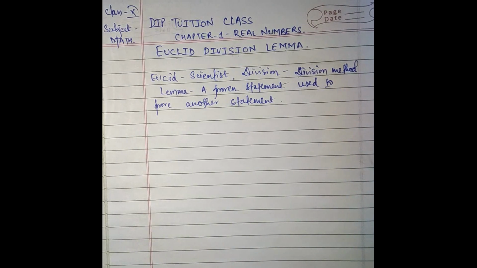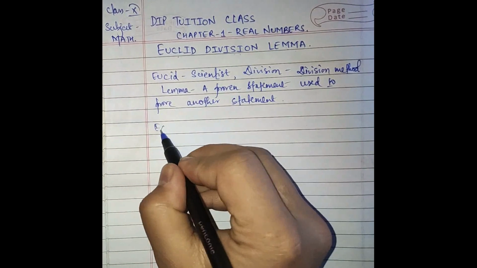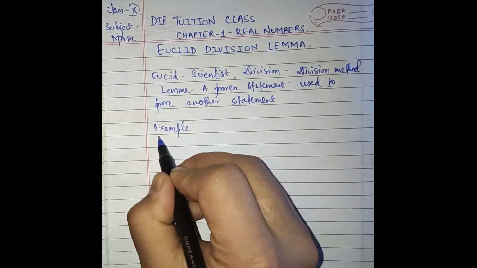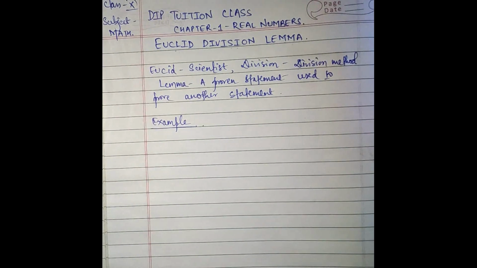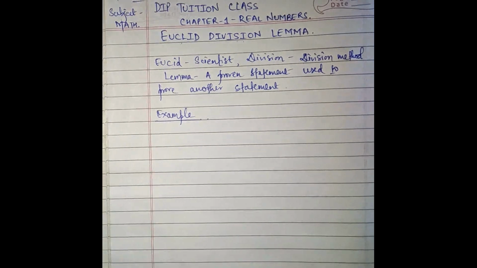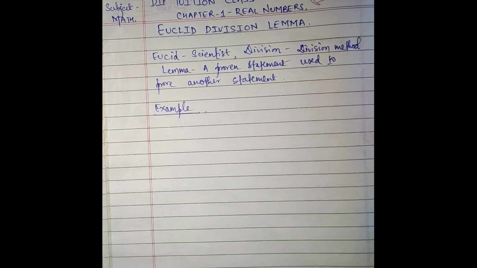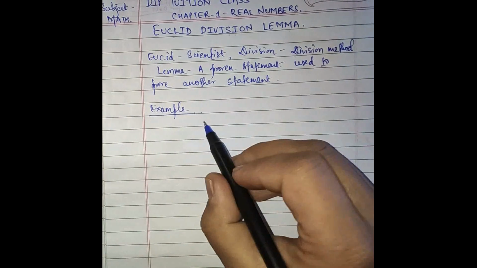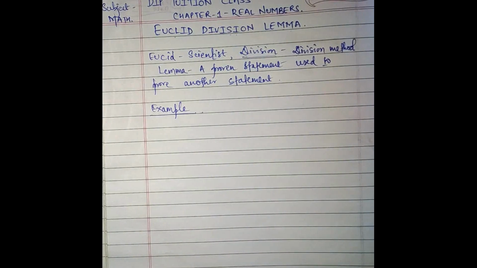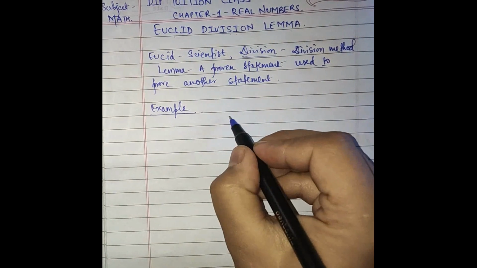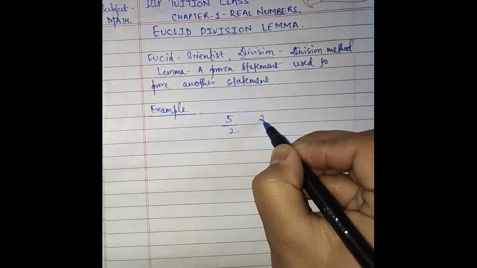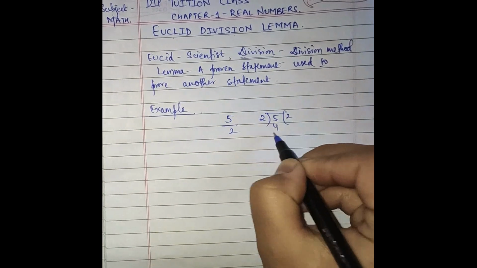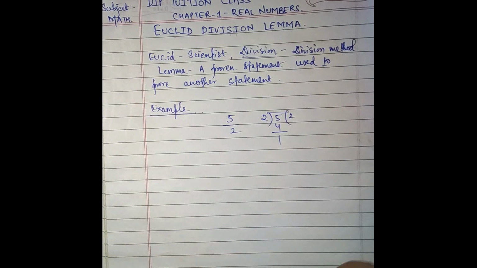So with this we will try to solve the example. Do not skip any part of the video guys, just go through it properly, so that you will understand in a proper and closer manner. The division method, you know that since we were kids we are doing division. Suppose 5 is divided by 2: 2 twos are 4, remainder 1. So this is our division method.